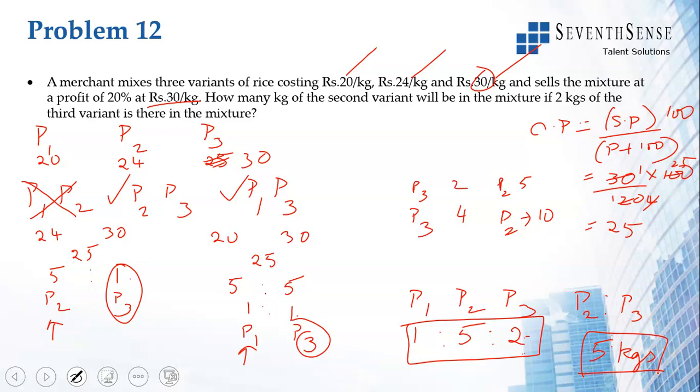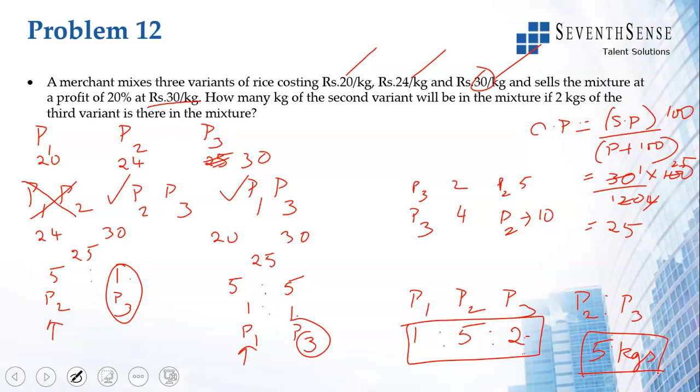I repeat, when you get the value of the mixture, don't do it in selling price, because everything has to be either all cost price or all selling price. When you get the cost price, you see which of the two combinations are acceptable, so that the mixture price is between the lower and the higher price. So here P1 P2 is not possible because the price of P1 is 20, price of P2 is 24, mixture can't be greater than both. So that is not done.